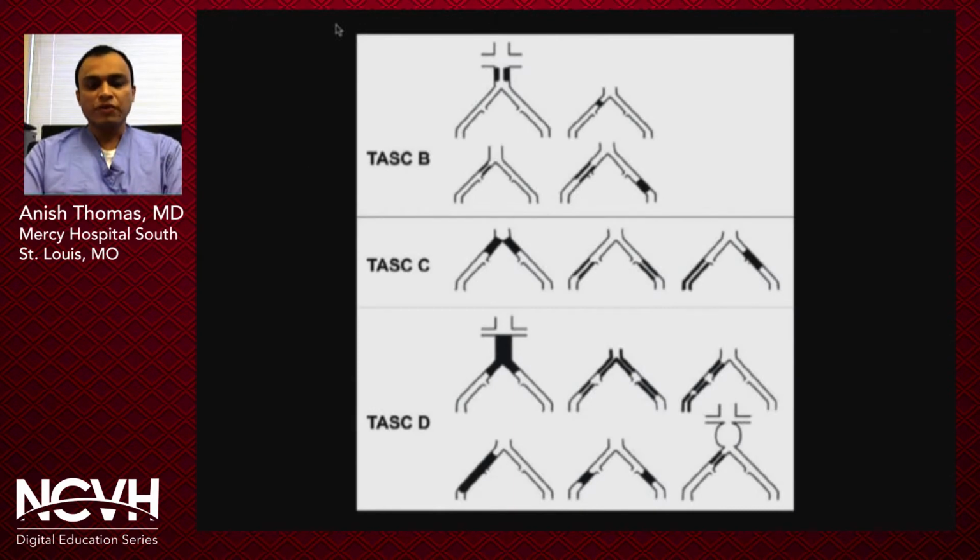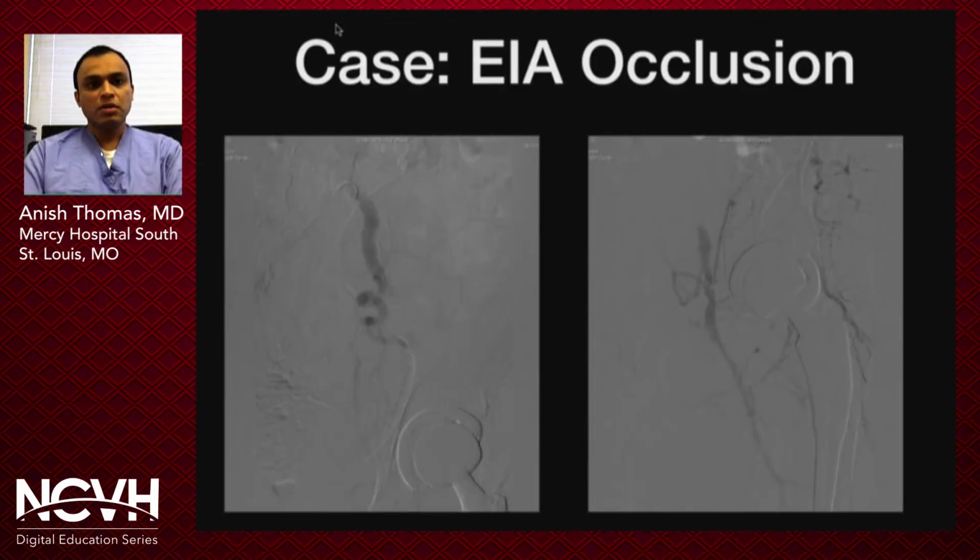Initially, when you're starting off your experience, it's sometimes better to start with easy cases like TASC A and B cases. I'm going to show you a TASC B case and then move on to show you more complex cases. This was a case with an external iliac artery occlusion. If you can see over here,